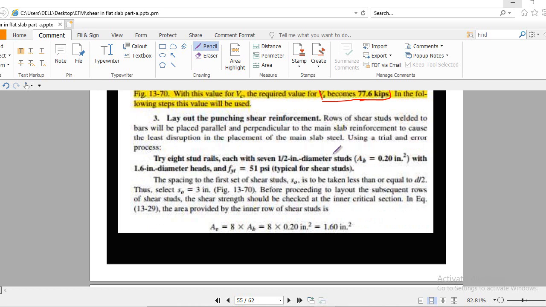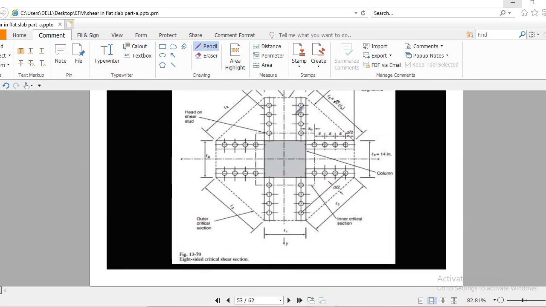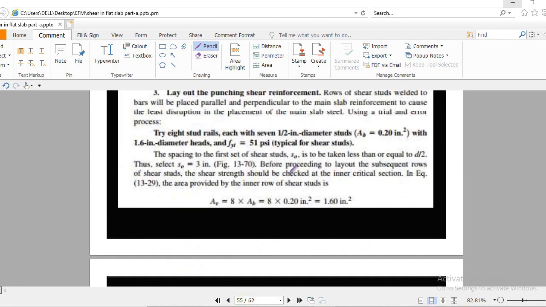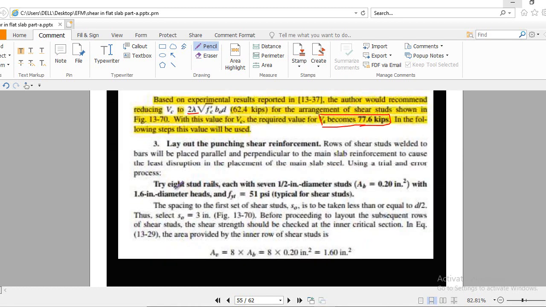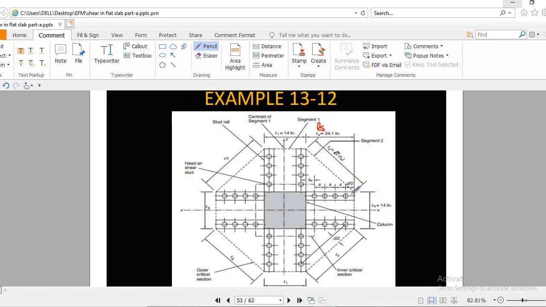Layout the punching shear reinforcement, as I already explained here. This will be the layout, and now we will use the trial and error procedure. Here they assume 8 stud rails. 8 stud rails means 1, 2, 3, 4, 5, 6, 7, 8. Remember, we will consider first of all this periphery, and in this periphery, you see we have 1, 2, 3, 4, 5, 6, 7, 8